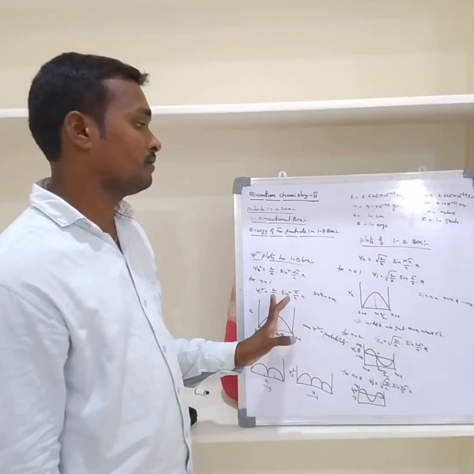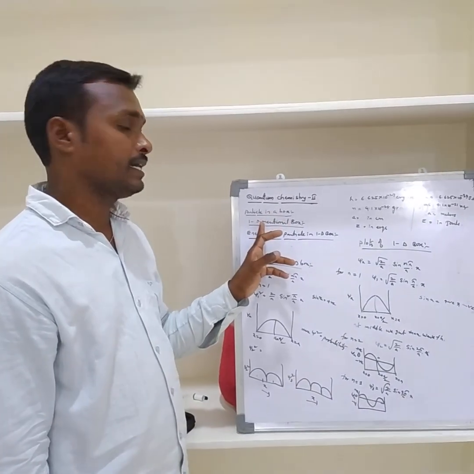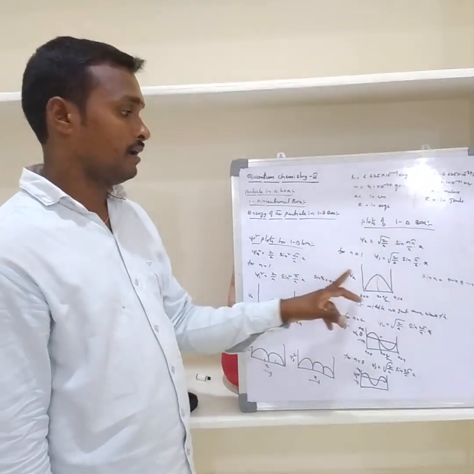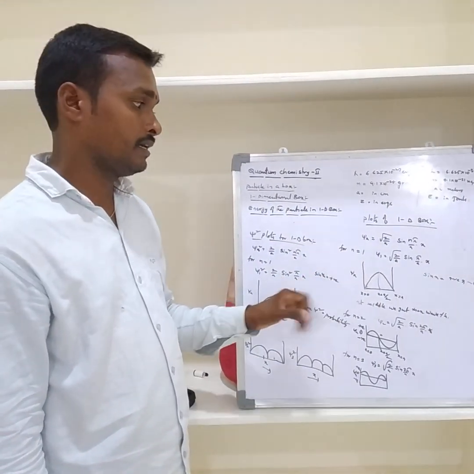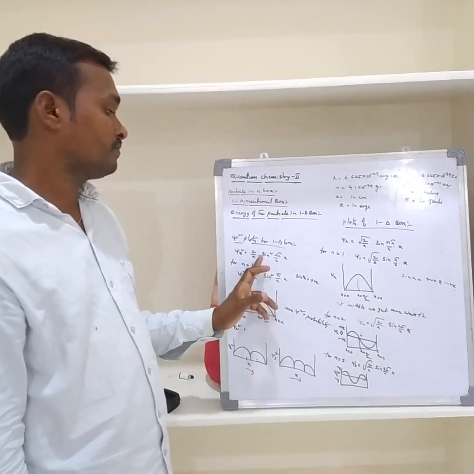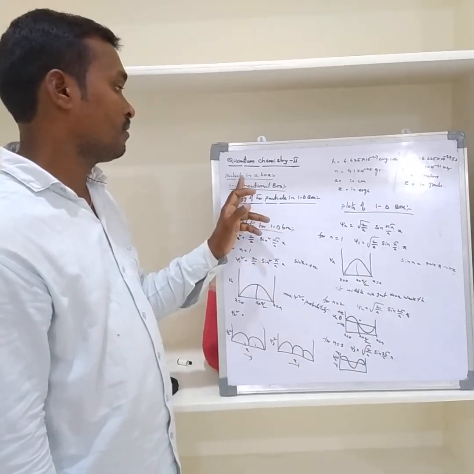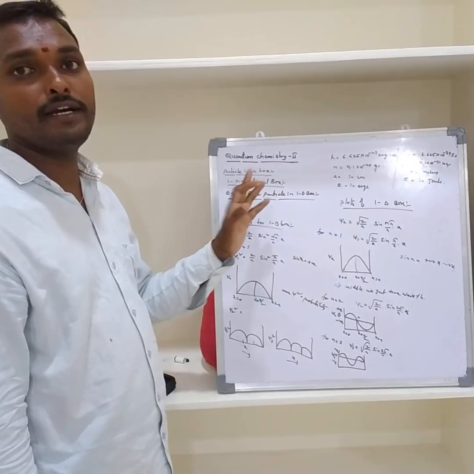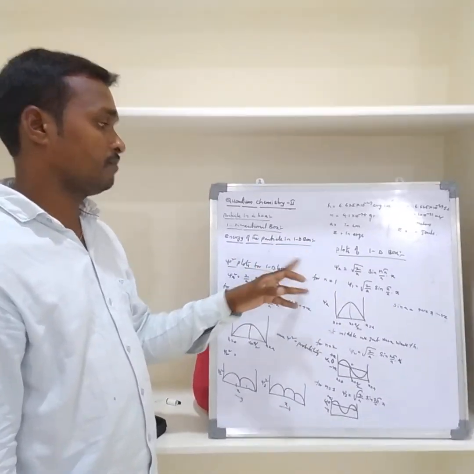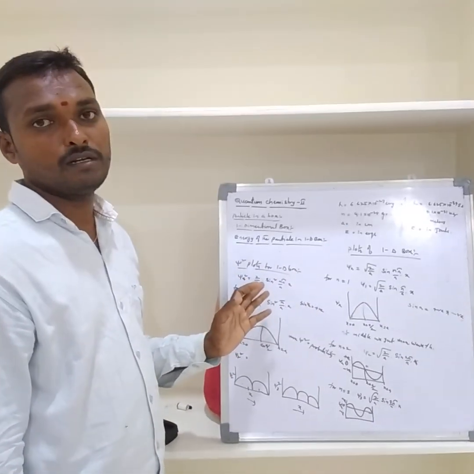So these are the plots of the 1D box. Here we studied a particle like an electron moving in only the x direction. In that x direction, we can calculate the wave function and the energy, and we discussed the plots, the values of the wave function and the probability values. In the next class, we will discuss the particle like an electron moving in a 3-dimensional box: the wave function equation, energy equation and plots for the 3-dimensional case. Thank you.